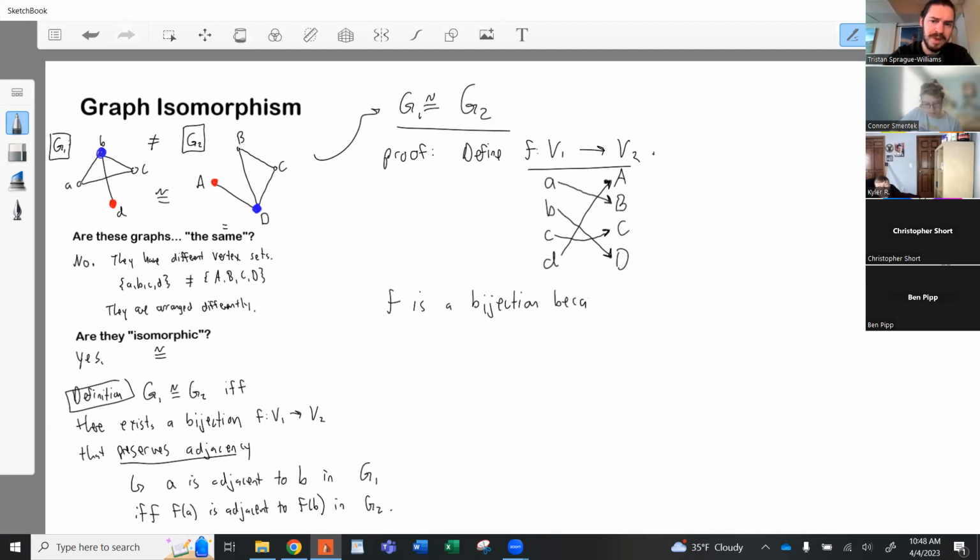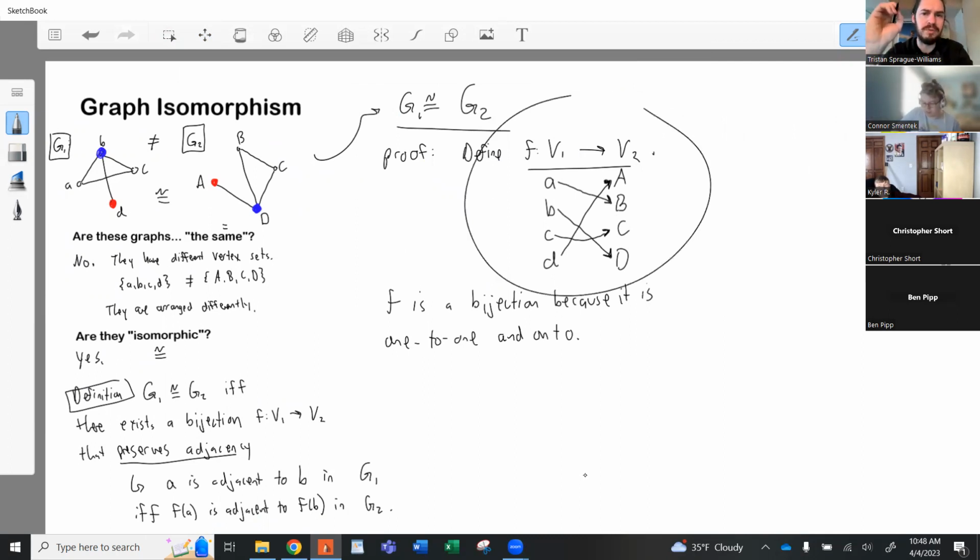Remember that the definition of bijection is one-to-one and onto. So we have to have the exact same number of vertices in the two graphs. And then when we map them, it's a one-to-one correspondence between the vertex sets. Okay, so that is the bijection, but a bijection alone doesn't prove that the graphs are isomorphic, because obviously you